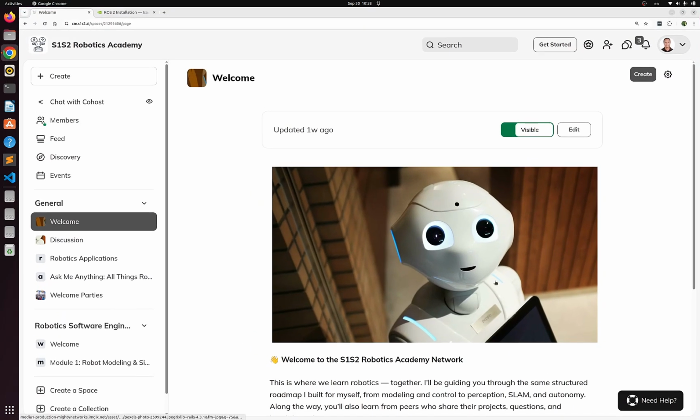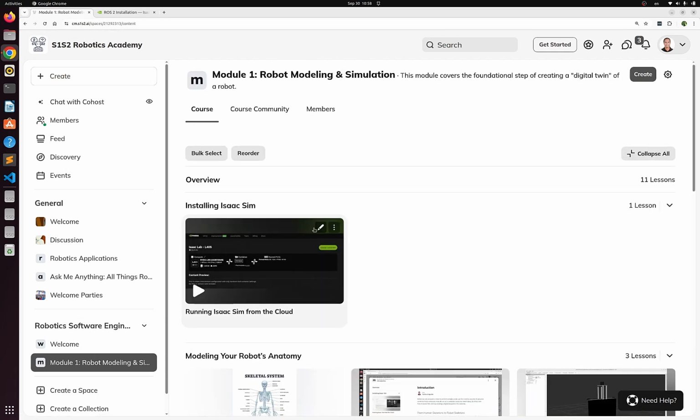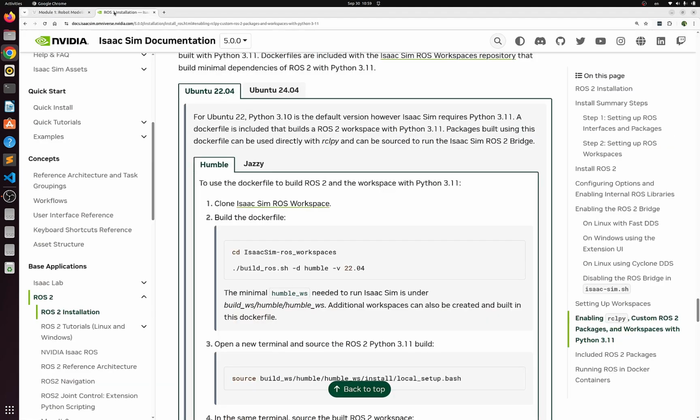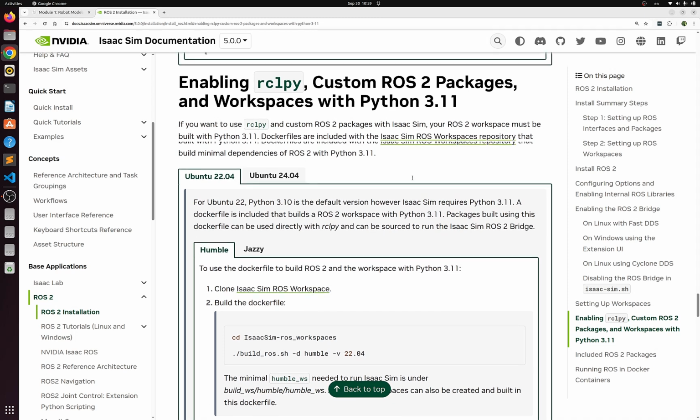Welcome back. So let's continue with the last few lessons of Module 1. Last time we were able to build an anatomy of SHL1, taking measurements and then creating the Xacro and URDF. And now we're going to bring it into Isaac Sim, but before that we need to make sure that the